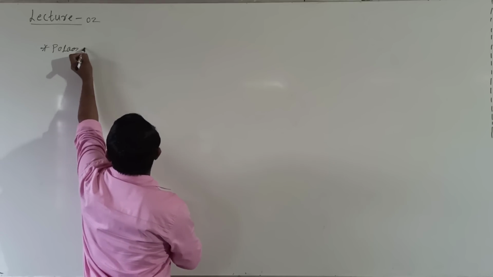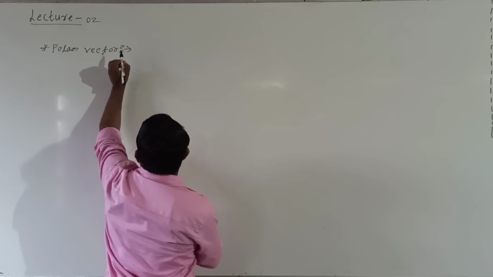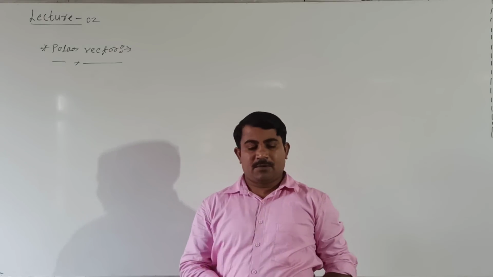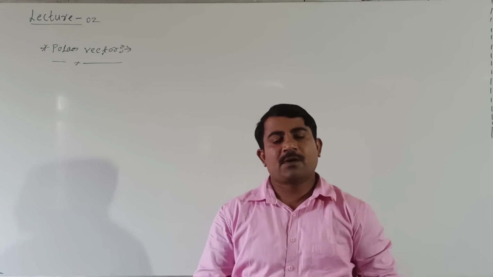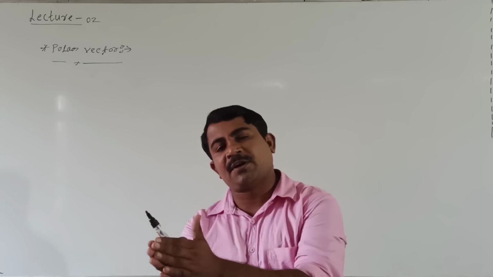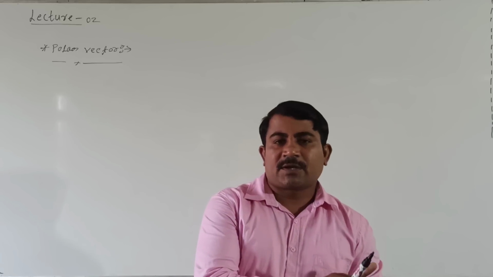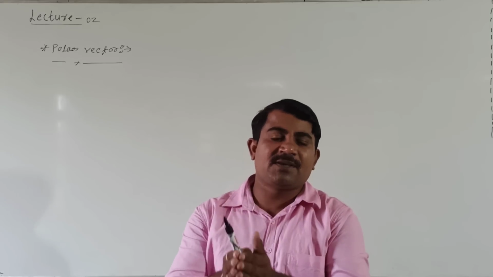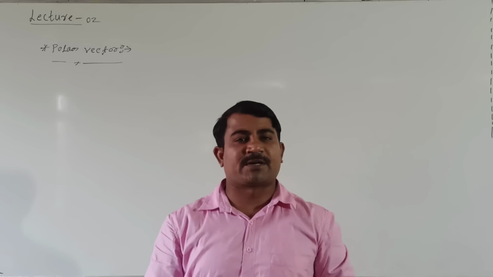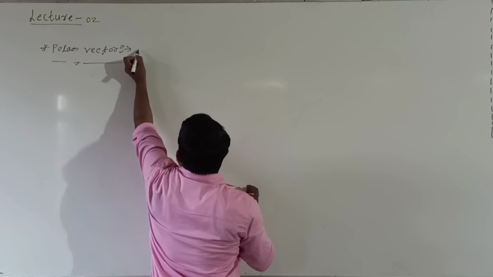Polar vector. Polar vector means the vector quantity whose direction is along the direction of motion of the body. That vector we call a polar vector. How to define it here? See here. The vector quantity